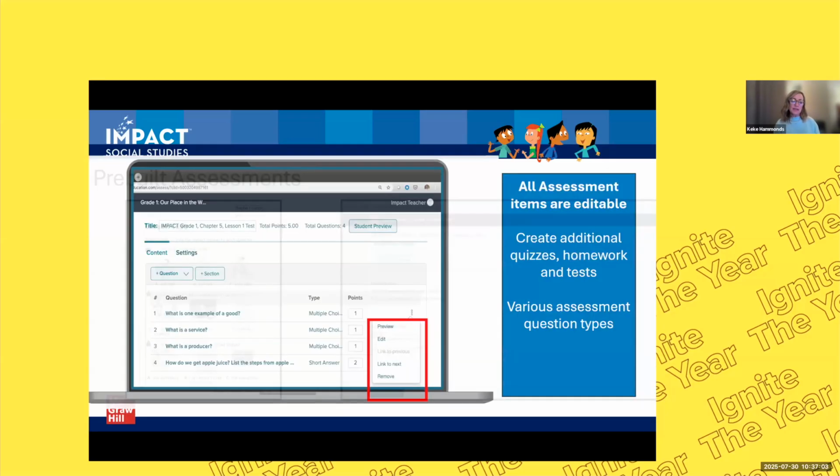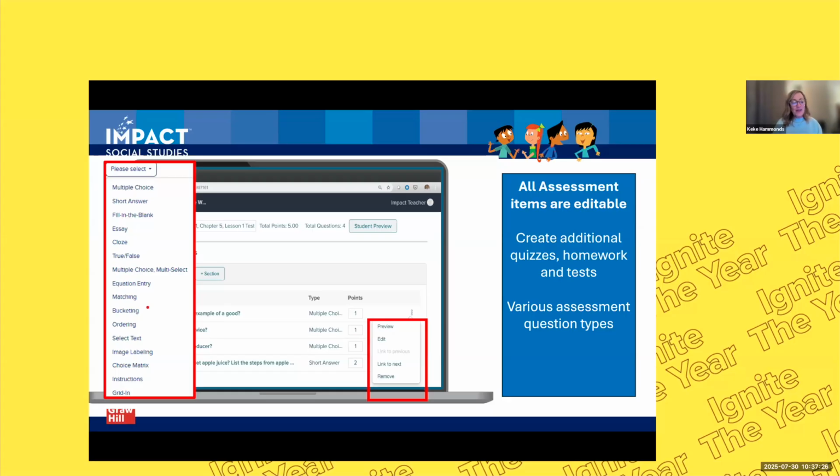Now, if you choose to take a look at the assessments and edit those, each assessment is editable. You'll notice that when you pull up an assessment, and I'm going to show you this in just a second, you can preview, you can edit, you can remove certain questions, you can change certain questions. We have additional quizzes and homework and tests, all sorts of different question types. Notice there on the left side of my screen, multiple choice, short answer, true and false, essay questions. So you can change the question type, you can use what we have available, and you can also create your own. You can scrap the whole thing and start over if you'd like, but lots of opportunity to customize the